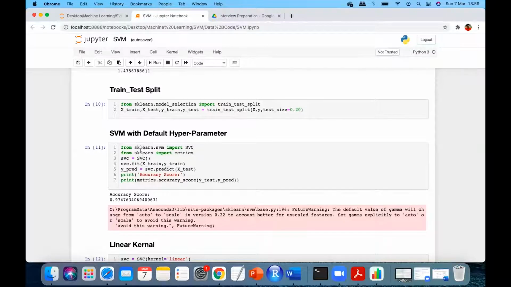So what I have done is I have just imported SVM and imported support vector classification, right? And metrics I have imported, okay? After that, I have instantiated SVC, correct? Okay. And after that, I have fitted on X train, Y train, okay? And I have predicted. What is the accuracy here? Even without putting a hyperparameter, what is the accuracy? 97%, which is a very good accuracy, right?